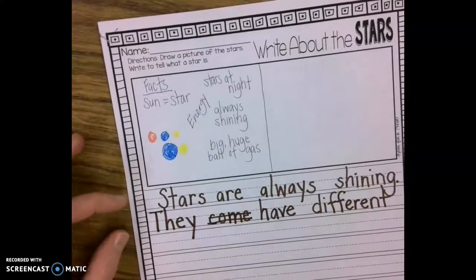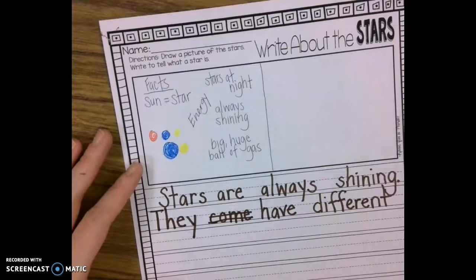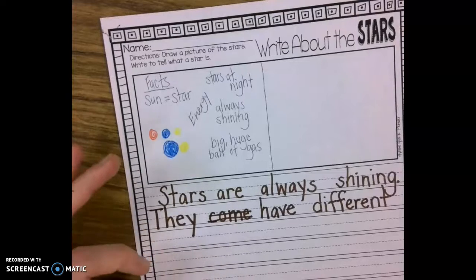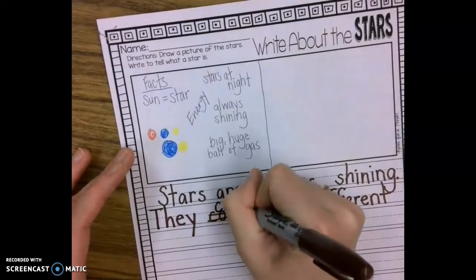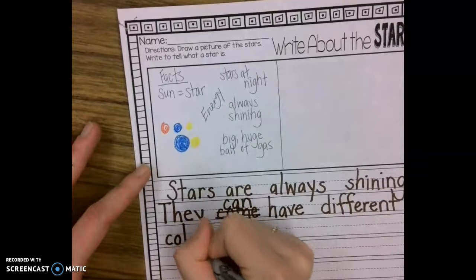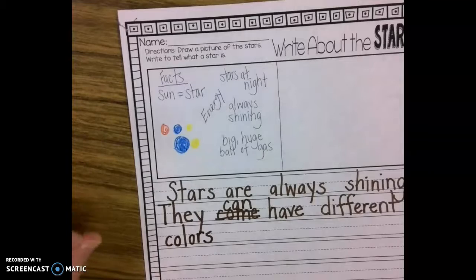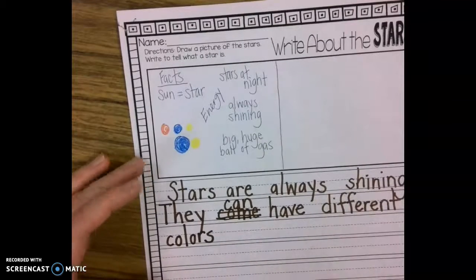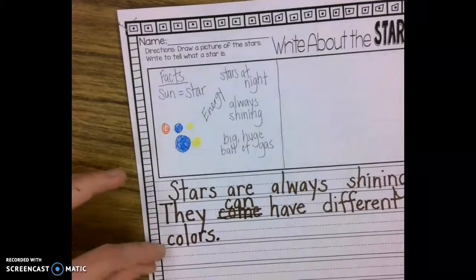They have different colors. That doesn't really make sense to me. Stars can have different colors. Really, they come in different colors. So I was right. They come in different colors. That's okay. So I wrote, they can have different colors